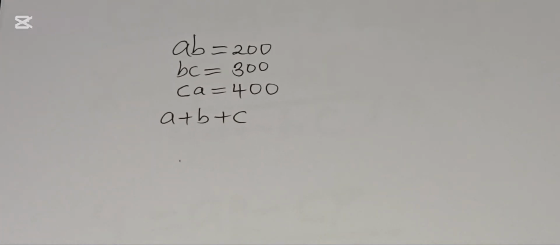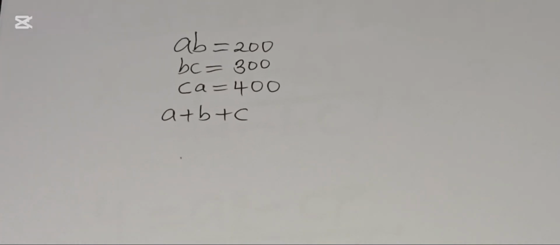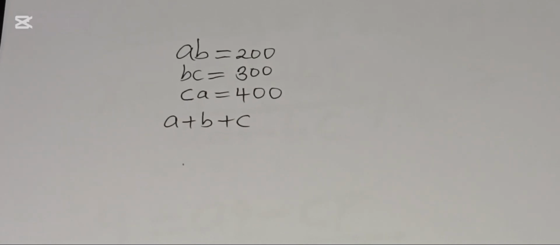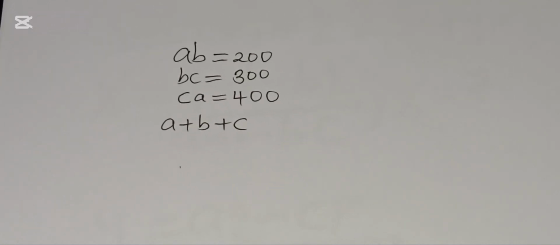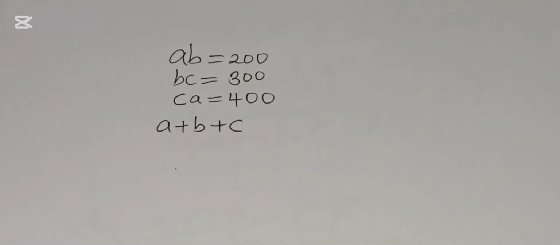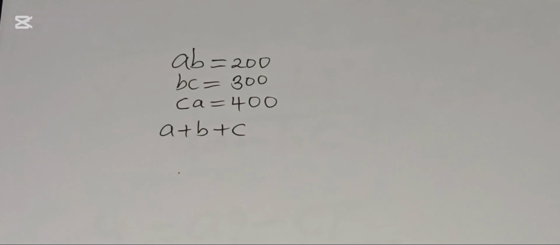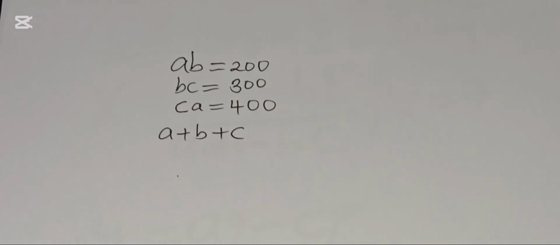Let's provide a solution given this math problem. We are supposed to determine the value of a plus b plus c, given that ab is equal to 200, bc is equal to 300, and ca is equal to 400. So the first step from here,